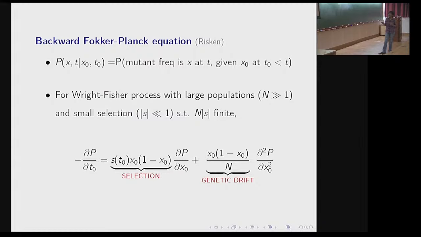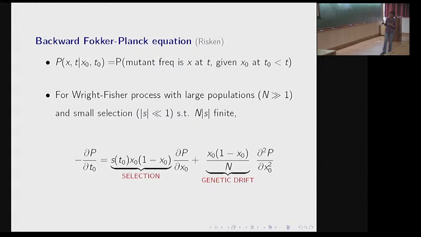And this process is called the Wright-Fisher process. In the scaling limit, where n is large and the selection parameter is small, such that their product is finite, you can derive from some basic Markov chains this kind of Fokker-Planck equation. This is the term which I showed you already because of stochasticity, and this is the deterministic term coming from the logistic equation. Okay, so this is the most general Fokker-Planck equation that you can write down,